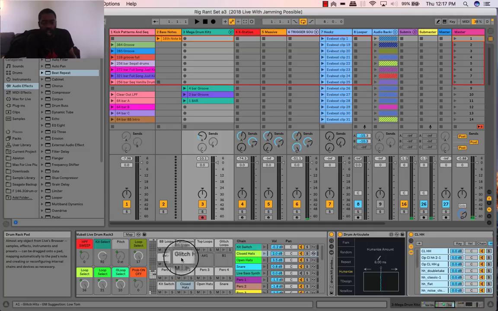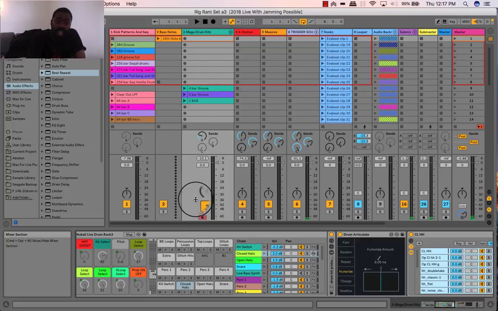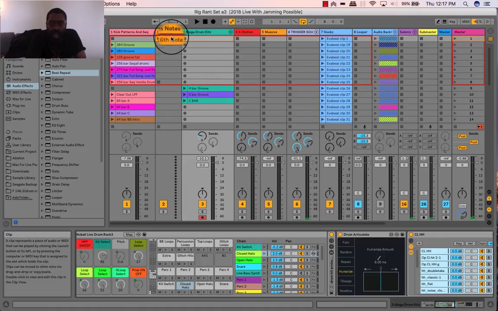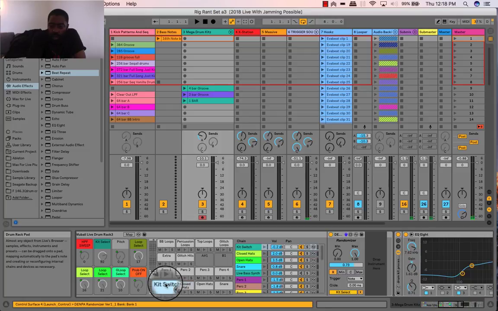I can jam in anything that I want to do and also record it in, or I can also step sequence it in, because the same step sequencer situation works for any particular channel, any clip that has an instrument. You can step sequence using this control surface for the Launchpad. So yeah, I've got 14 different kits, and I've got a nice little